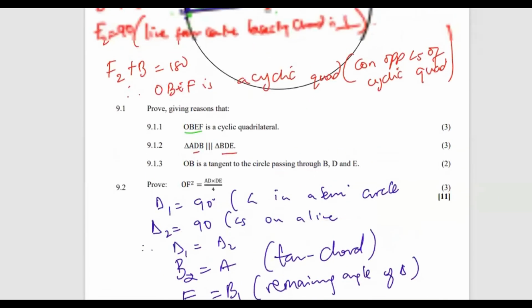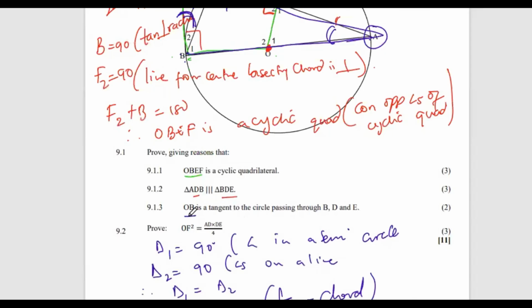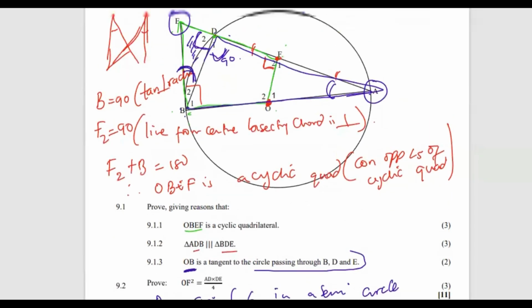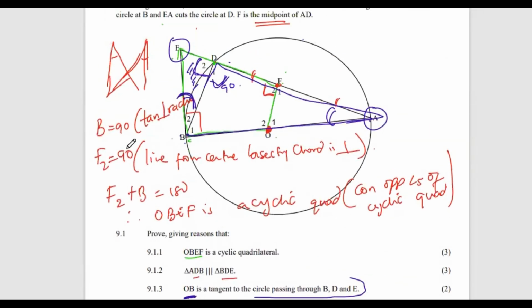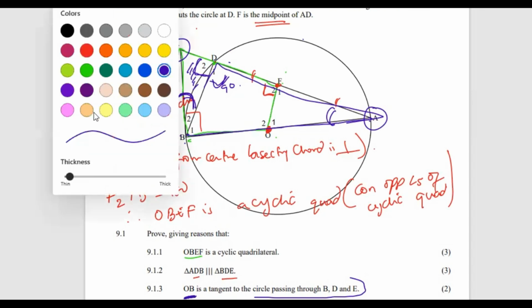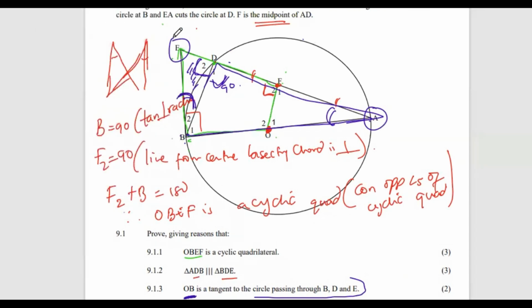And then they want us to prove that OB is a tangent to the circle passing through B, D, and E. So if we have another circle that is passing through these points, forgive my drawings, if we assume that's a circle, they want us to prove that OB, this line,